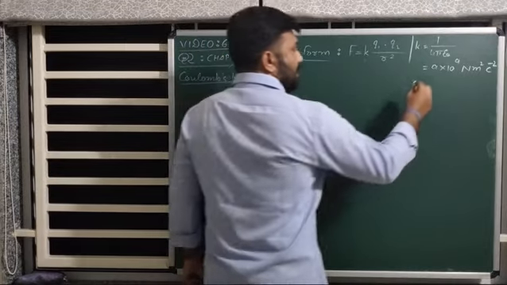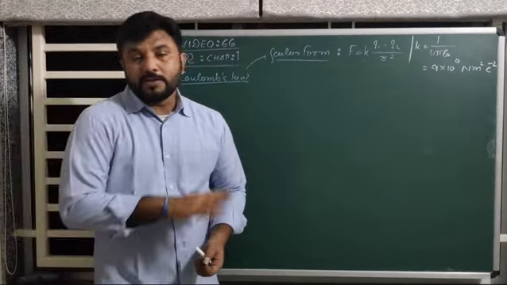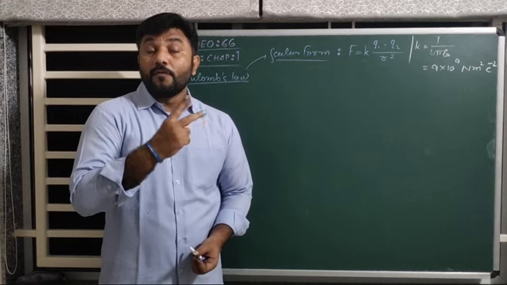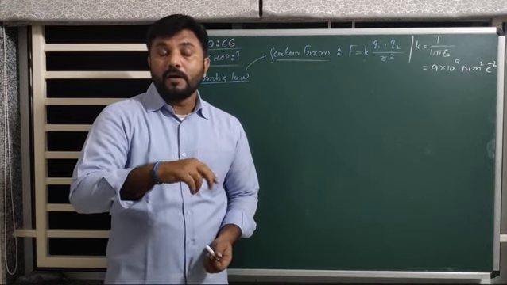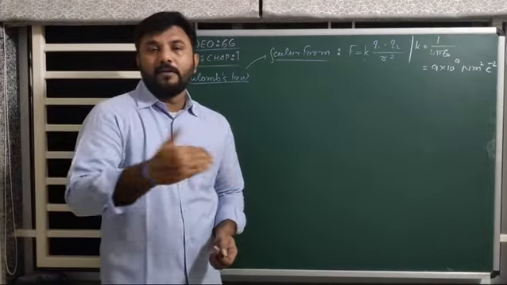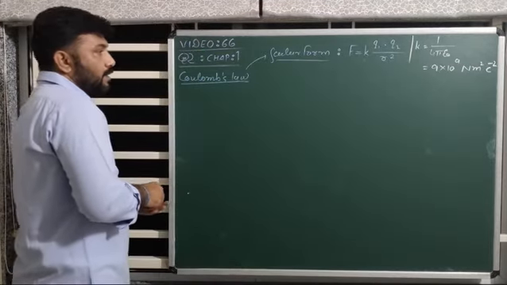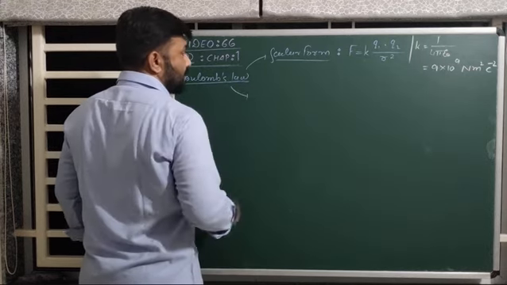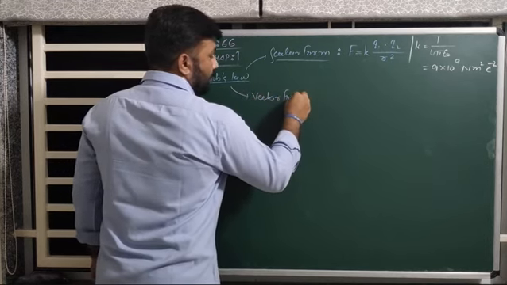Clear? So this is a scalar form. When it is asked as a 2 marks question, you have to explain each and every term. For example, what is k, what is epsilon 0, how the unit and dimension formula can be obtained of epsilon 0, and from that k. Clear? So this is a scalar form. Now if you want to write this in a vector form, then